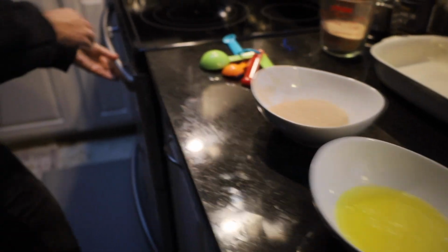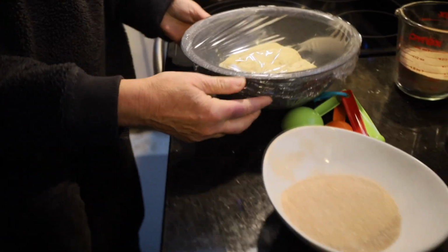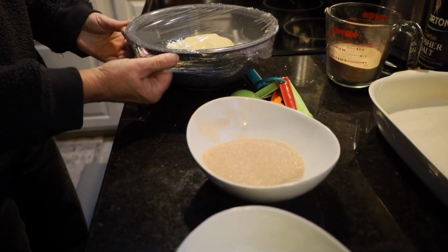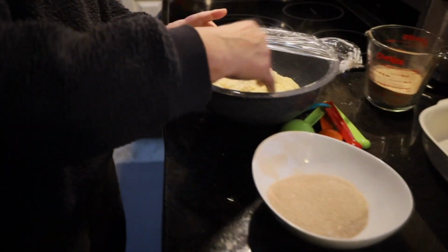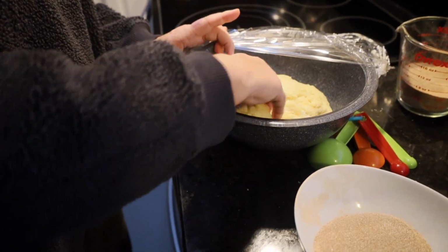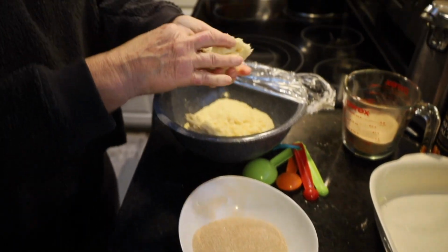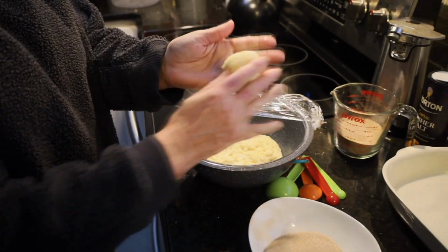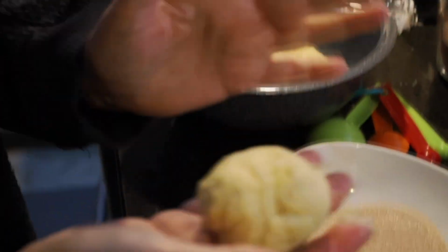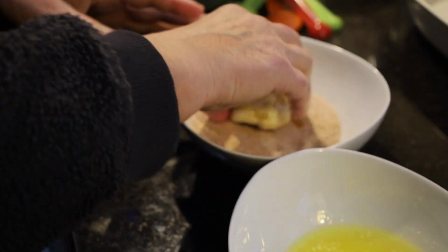And I'm now going to take my yeast dough out, and it has about doubled in size. And I'm going to try to make 12 rolls. Now it's sticky, so just roll that. And you really don't even have to have it smooth. Don't worry about it being smooth. Roll it in your butter. Then in your